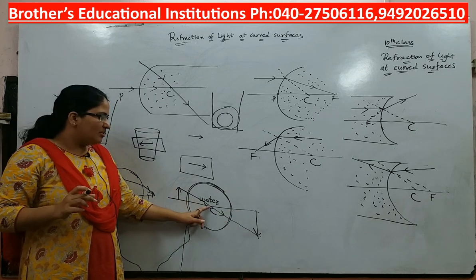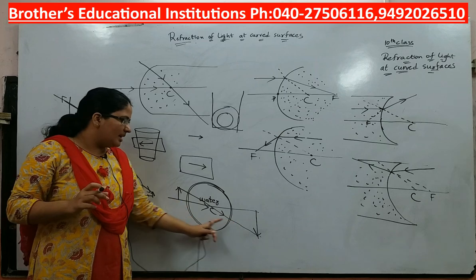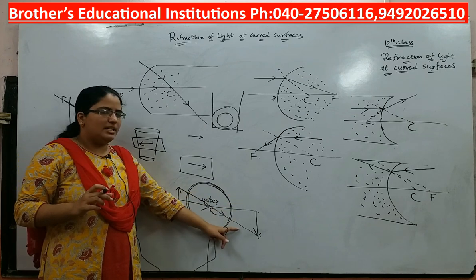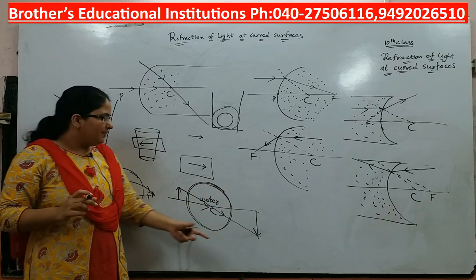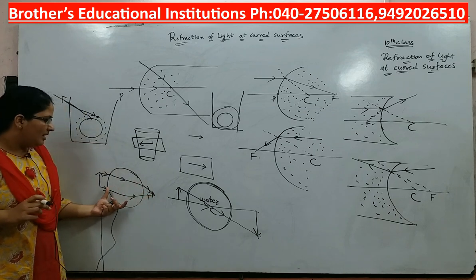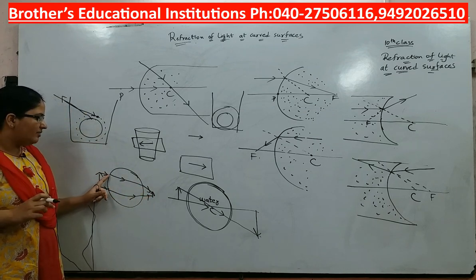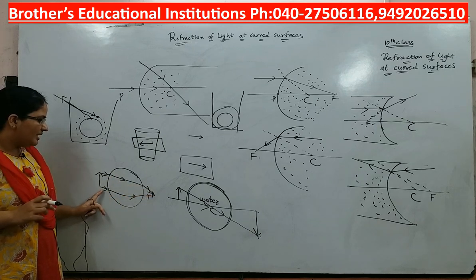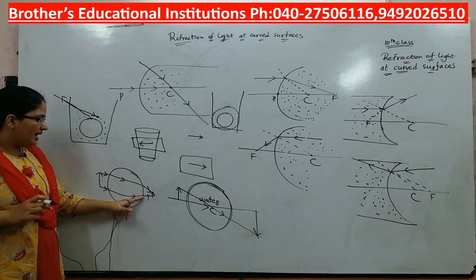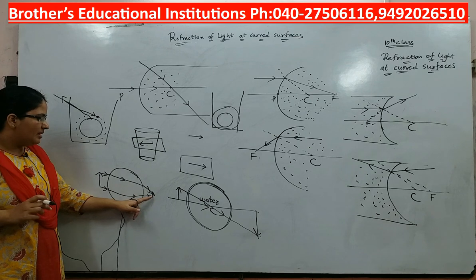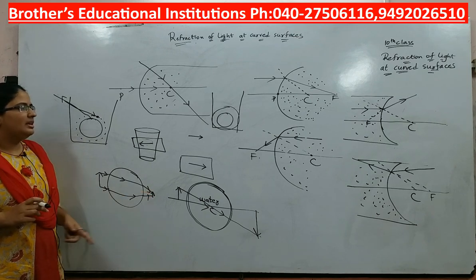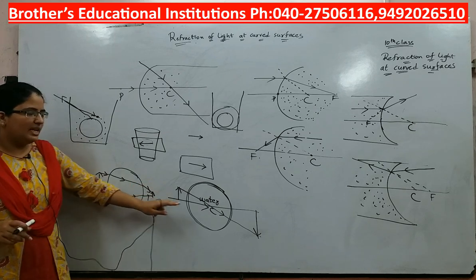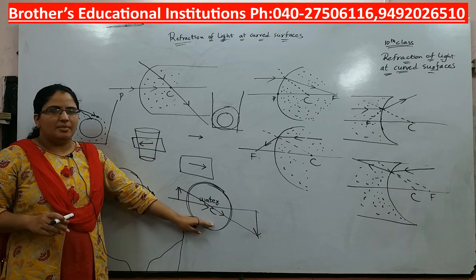One ray I am taking passes through the center of curvature, so it will come out undeviated. Another ray I am taking passes along the principal axis, which also comes out undeviated. If you see the image, it is inverted and enlarged. In the first case, this is the arrow, it gets refracted twice, once over here and one more time over here. If you take the other end, it gets refracted here and again refracted once more. So the image appears to be diminished, and this is a virtual image. In the second case, what you get is a real image.